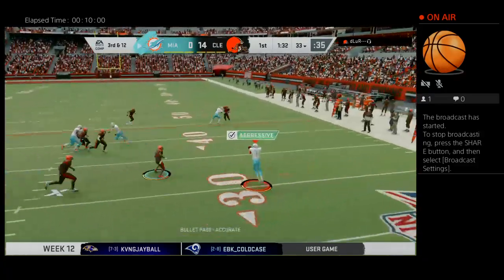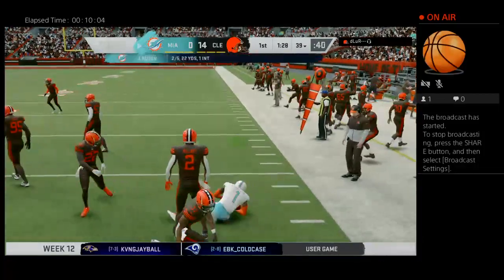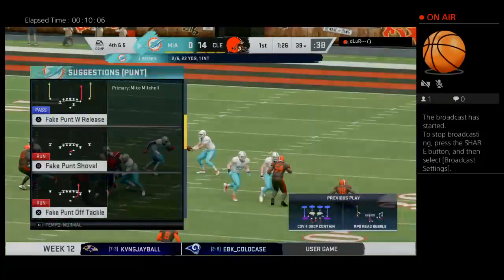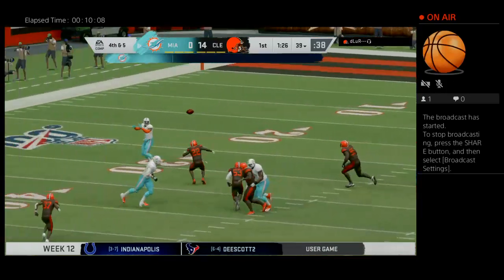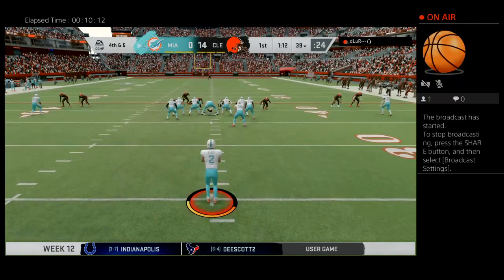Now a fake on the give here as they try the run-pass option. That's complete to Slayton. And he'll go down to the ground at the 39, and obviously that's well short of the first. The completion good for only 6, and that'll bring up...